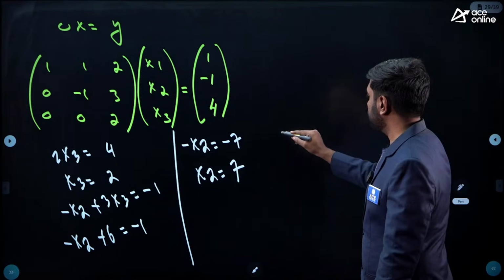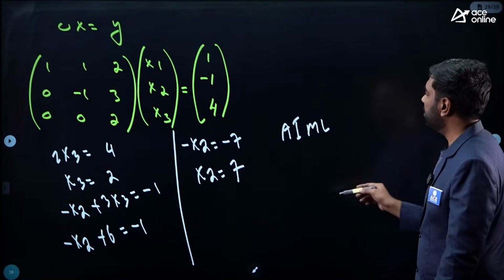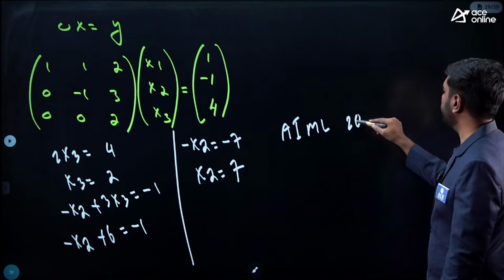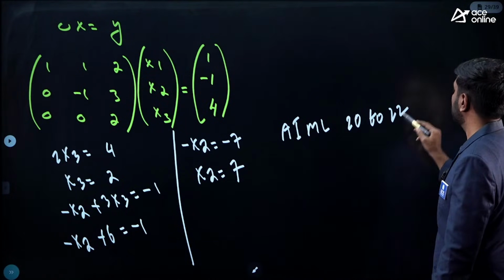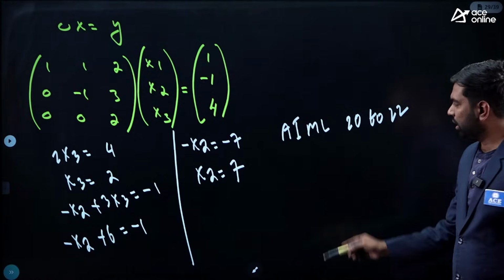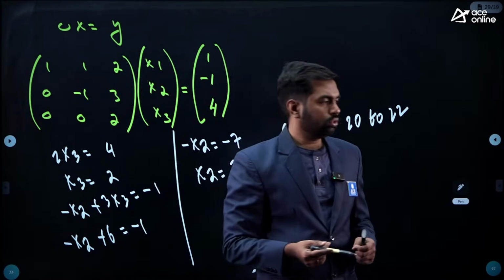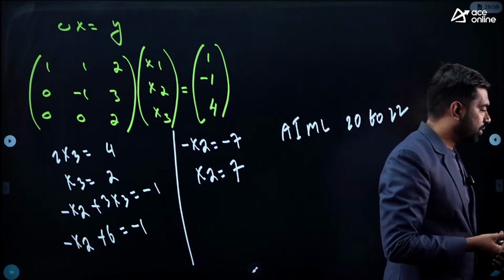So, the weightage of AI and ML is nearly 20 to 22 marks. If you are skipping, that means you are skipping these many marks. And then engineering mathematics also has a vast syllabus. So, to whatever extent you can